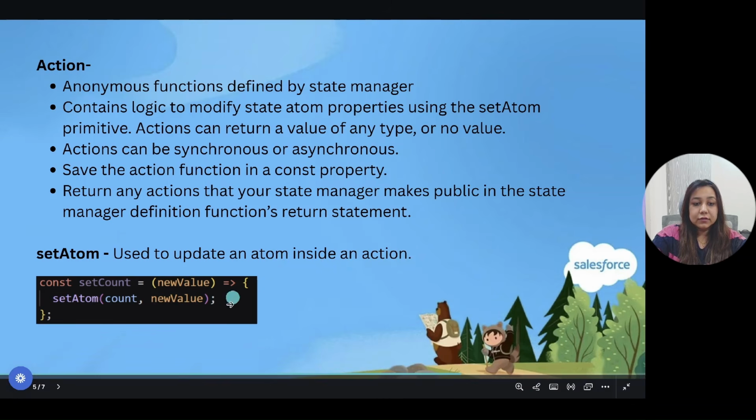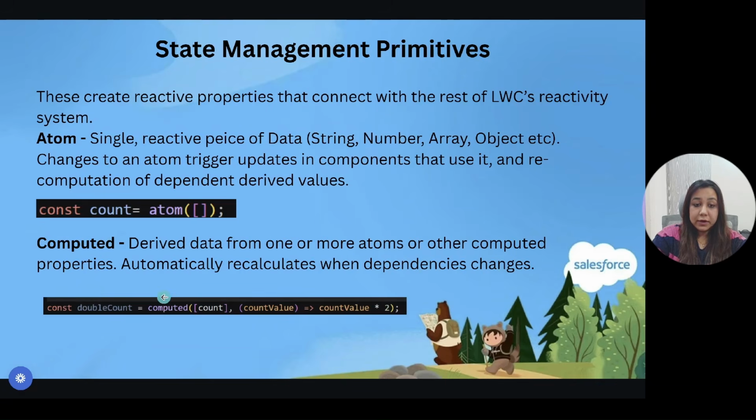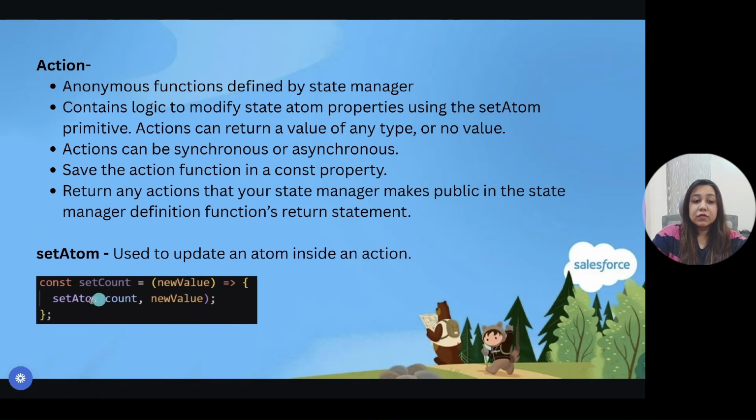So like this is a setCount action. Inside this setCount, we are passing this new value. So whenever this new value is changed, it will set the atom count value to the updated new value. Okay, so that's how whenever we are calling setCount to update the count value, it will use the setAtom method to update the count value, and hence the updated count will be reflected in all the connected application